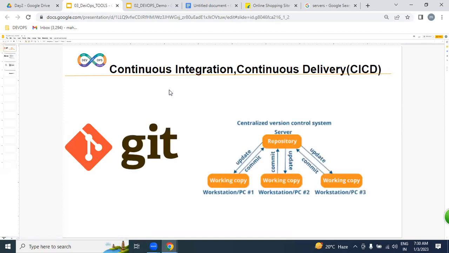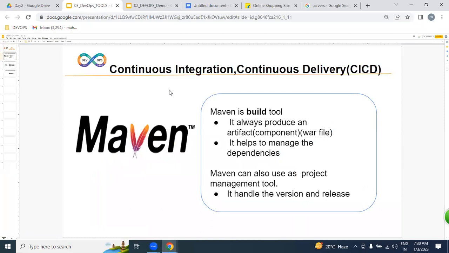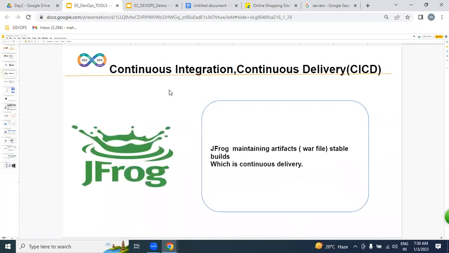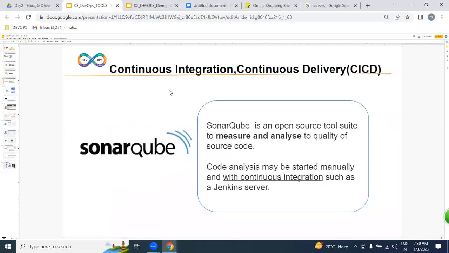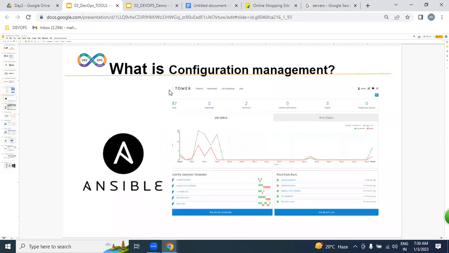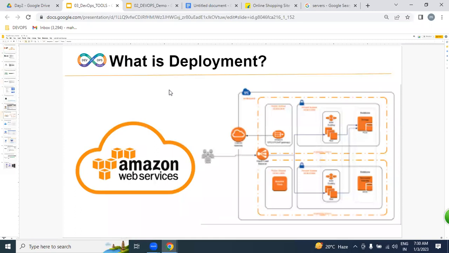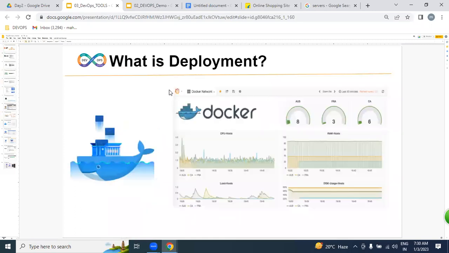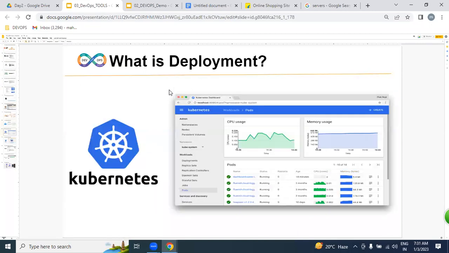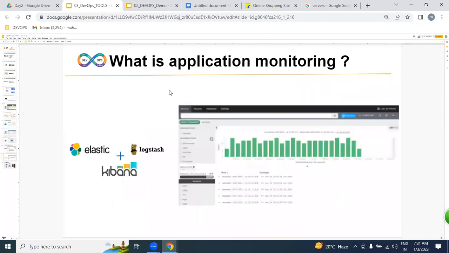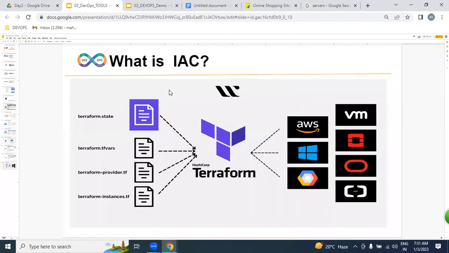Git, Maven, Jenkins, JFrog, SonarQube, Ansible, Chef, complete AWS, Docker, Kubernetes, Vagrant, Nagios, ELK, and Terraform.